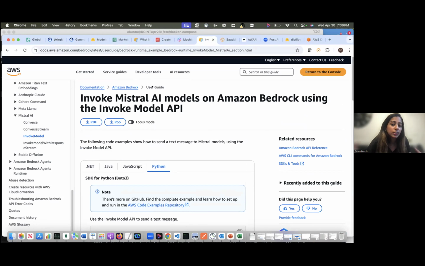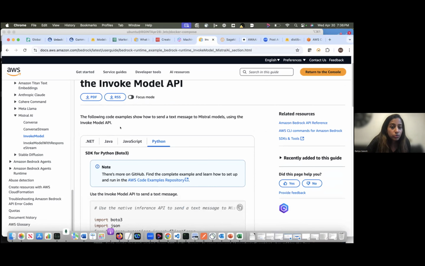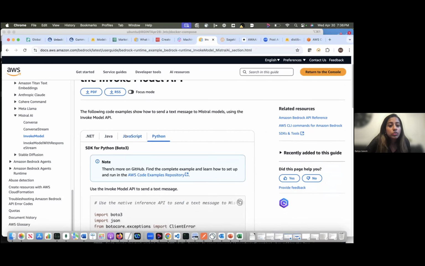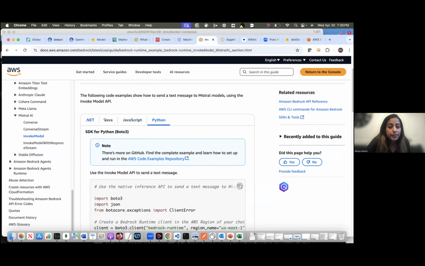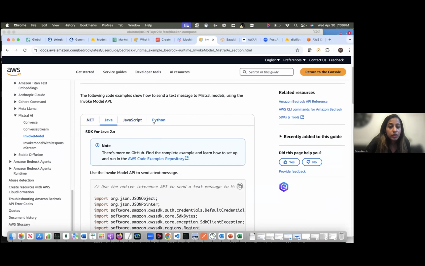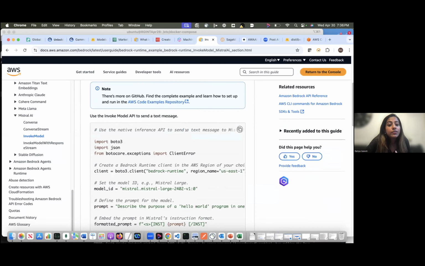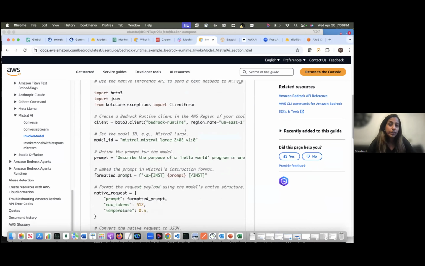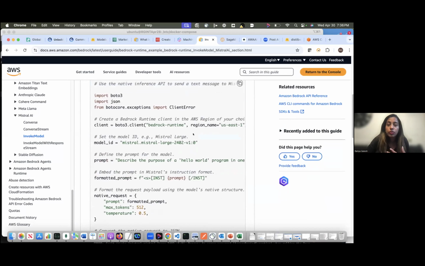This user guide will give you a list of models to pick from, and it will also give you code examples. If you see over here, .NET, Java, Python, JavaScript. It is giving you the entire code that you can basically copy and paste into your Visual Studio, and you can integrate with your application.